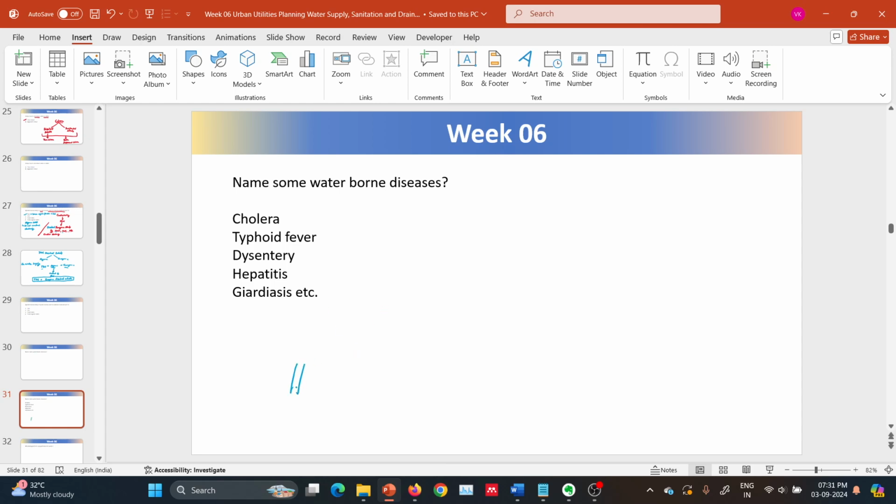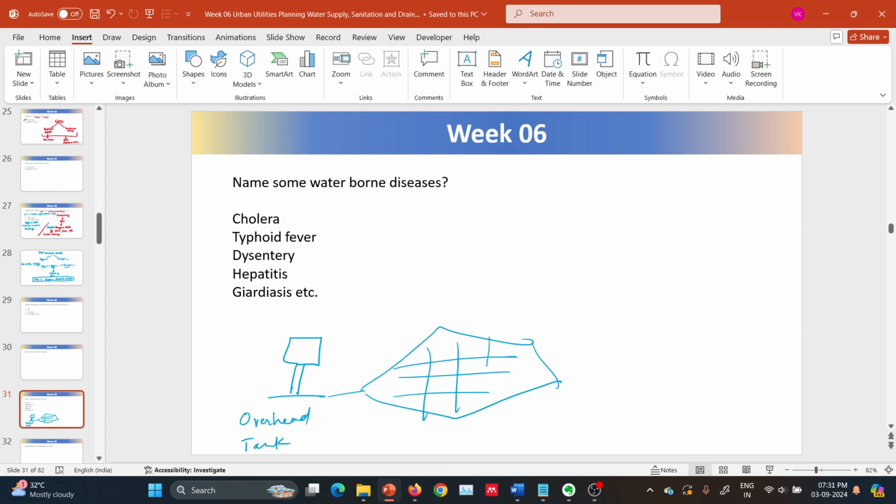This is a distribution reservoir, let's say an overhead tank, and it is distributing the water to a city. This is the distribution system. These are roads and all, so I'm not making it properly. So if there is any leakage in the pipes and joints,